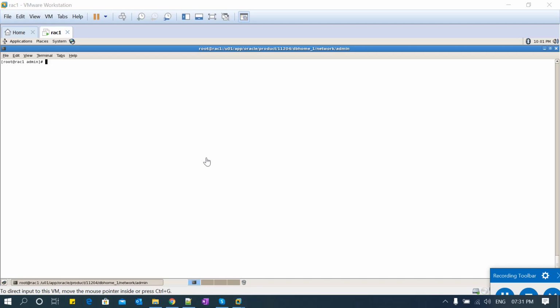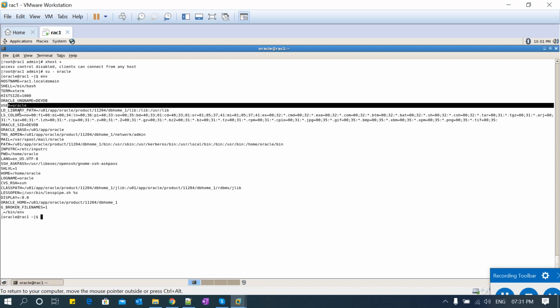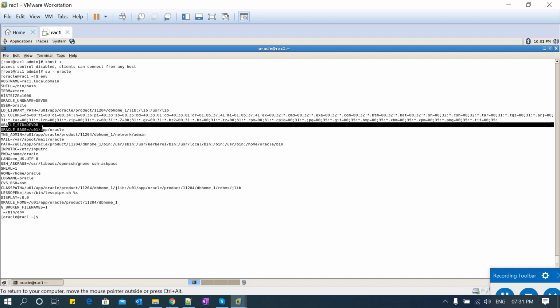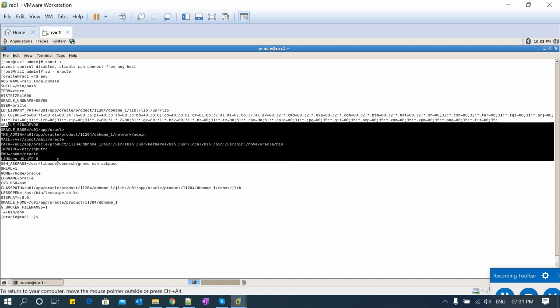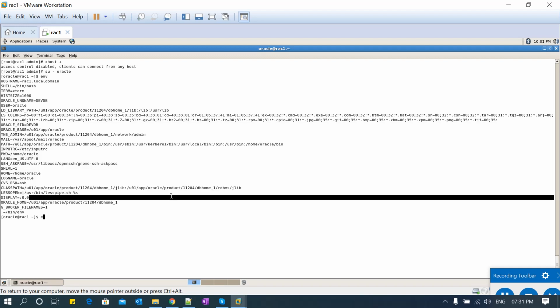So let's get started. I'm giving GUI control to the user and logging into the Oracle user. I'm checking the environment settings. Host name, okay. User Oracle, LD library path, okay, that is set. Oracle SID is set. Oracle base, DNS admin, okay. Class path, Oracle home, okay, everything is set.